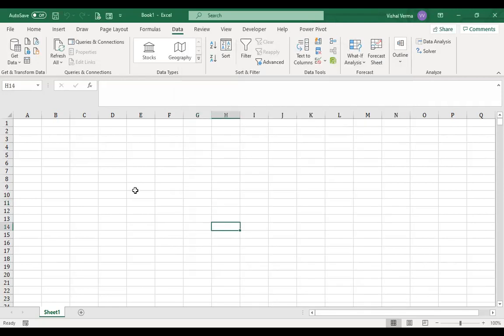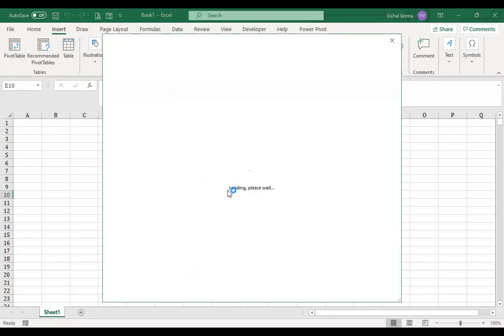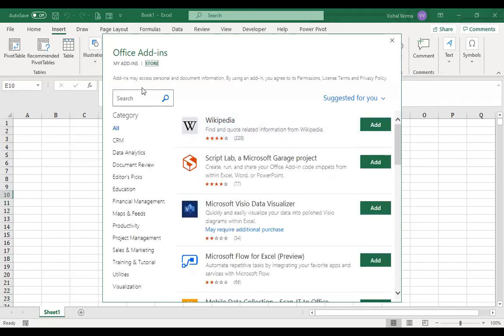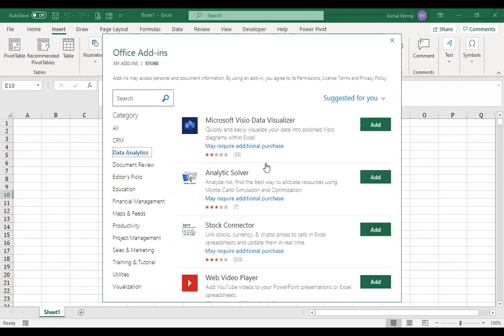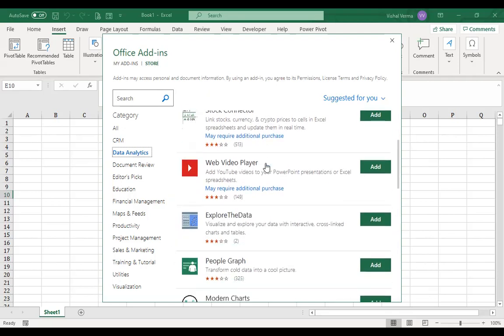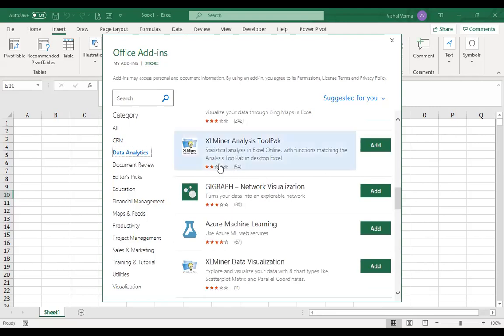Another important add-in that is available here: you can go to the insert section of your Excel, get add-ins. You'll find a tab here, and the store will open up. In the store section, you can go to data analytics, and there you will find Excel Miner, the Excel Miner tool pack.